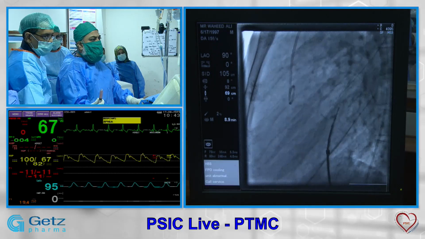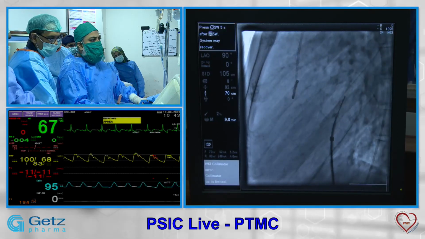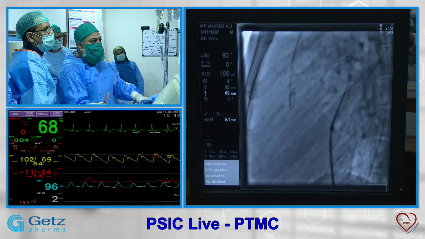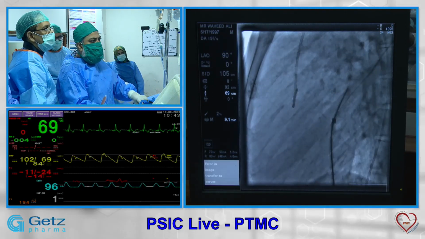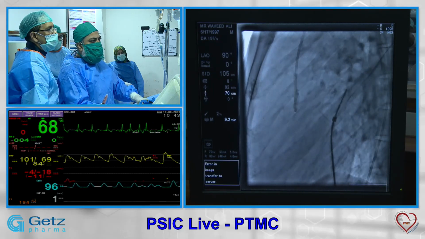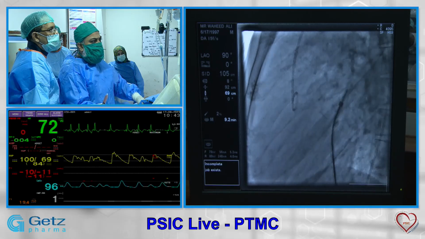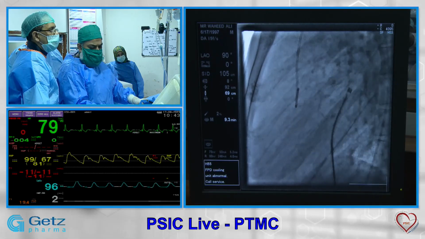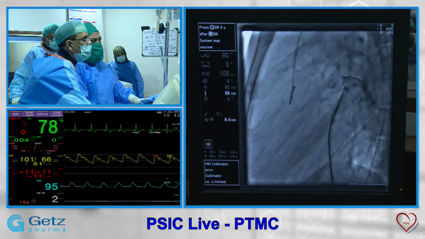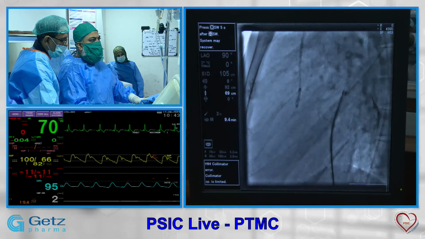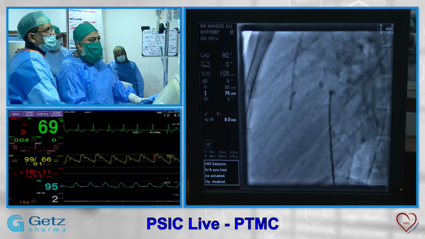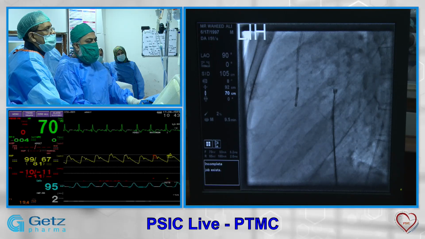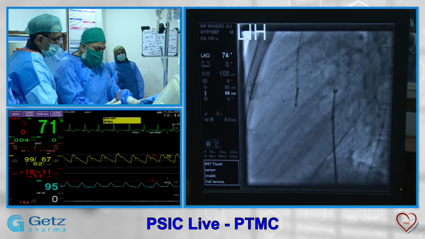So we are in the LA and my cursor is directing towards 5 o'clock. We'll introduce further, so that our needle, and now I hold the needle and take the dilator and things forward. Now I hold the dilator and take the sheath forward. If you want to confirm that we are in the LA or not, you can still give some dye. So we are there, and then we rotate again to 3 o'clock. And now our working will be in the RAO view. Next please. RAO.